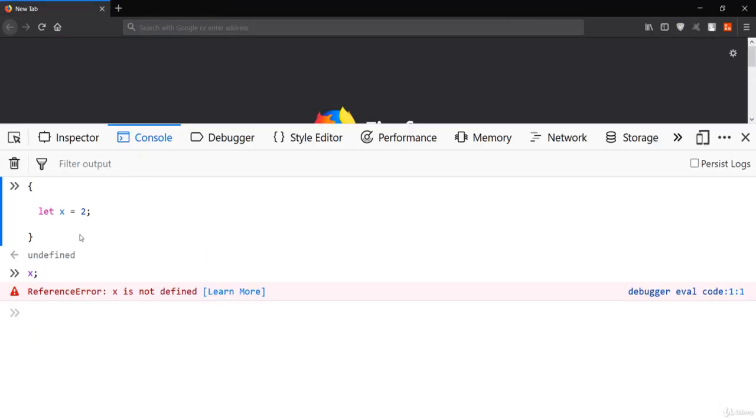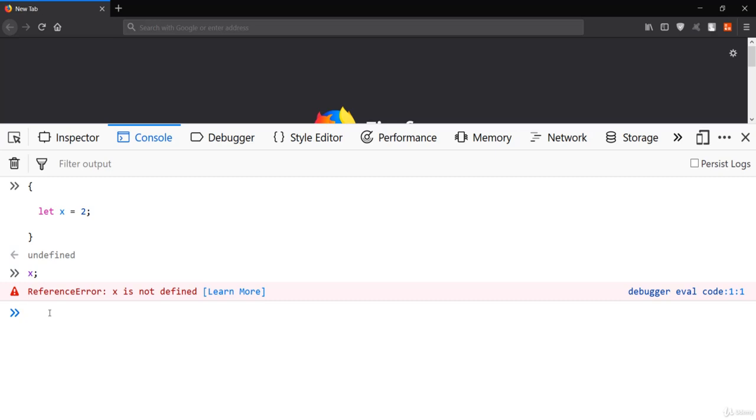We just created the variable x with the value of 2, and when I print this x outside of this scope, it is not visible. That means it is only visible inside this scope. You can make use of this x variable inside this block, not outside of this block.